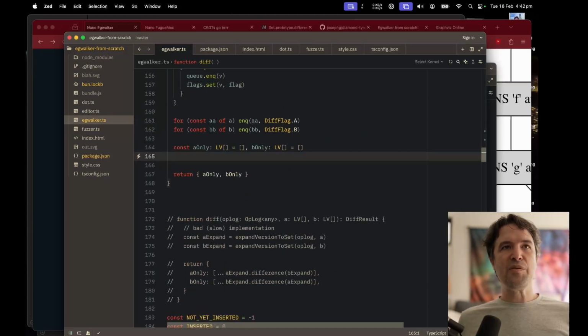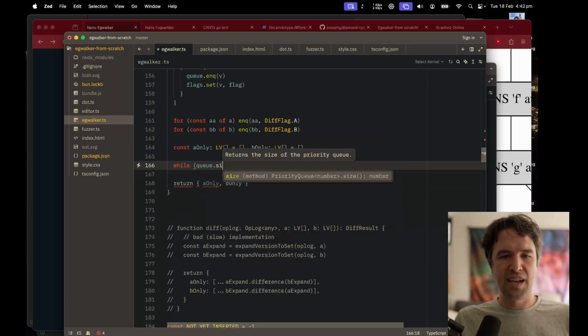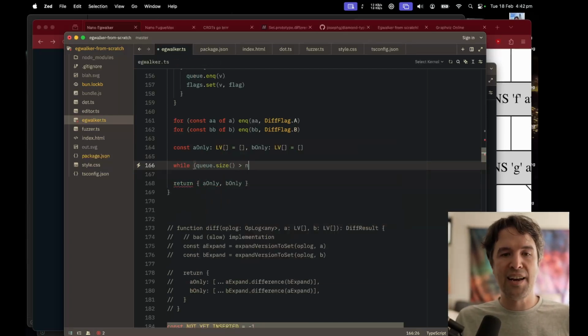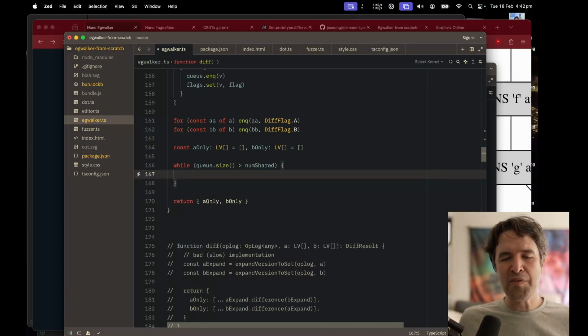Okay, so now we're ready to go through our queue. While queue.size is still greater than num shared, which is to say that there are things in here which aren't actually shared items, let's pop off the one with the highest local version, add that to our lists if we need to, A only and B only, and then add all of the parents back to the queue,